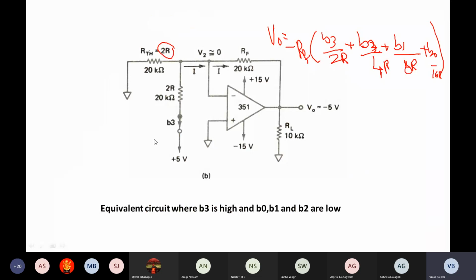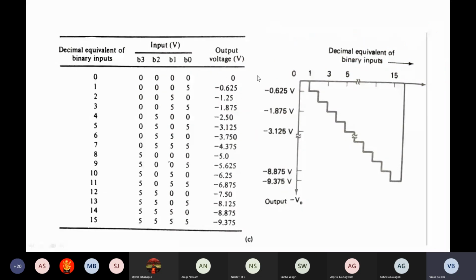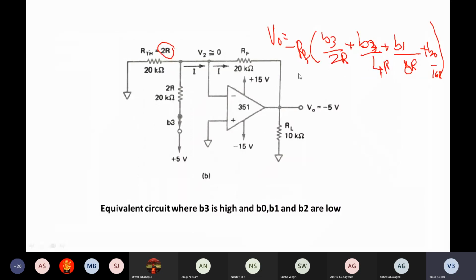The great advantage of this D2A converter is that it only requires two precise resistance values, one R and the other 2R. I can keep doubling them. Doubling is not a problem, but division by 2, that is getting half the value of a given resistance, becomes a very critical issue, and hence I'm going to avoid that. As you can see over here, the same thing has been explained. As my binary values keep changing from 0000, 0001, 0010, accordingly I substitute the values over here.